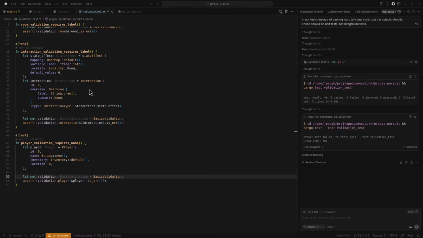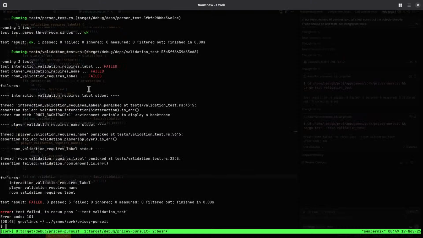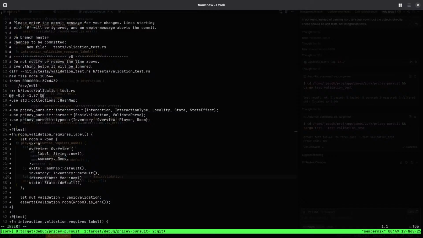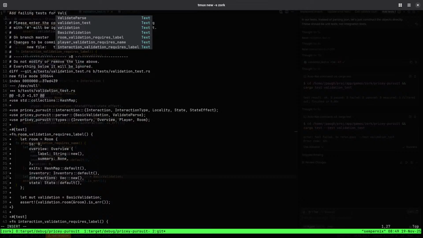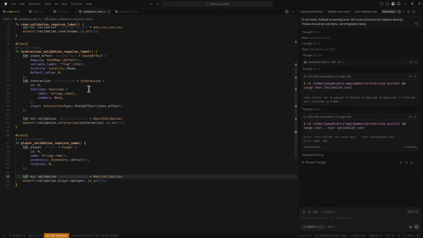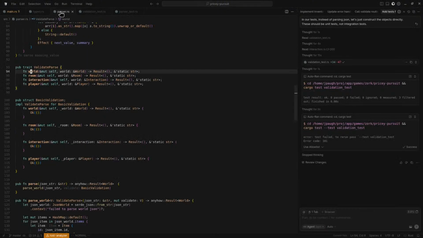All right, so let's go ahead and add these tests first. Add failing test for validate parse. Actually, for basic validation, right. Can't really test the interface. All right, so